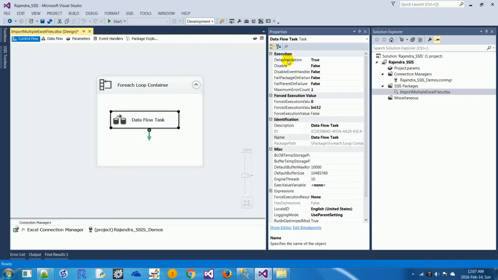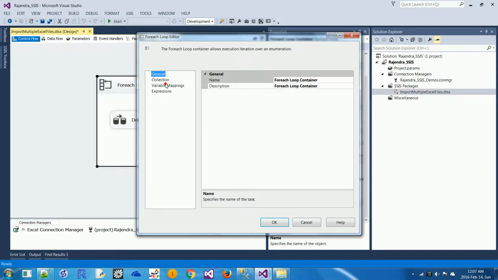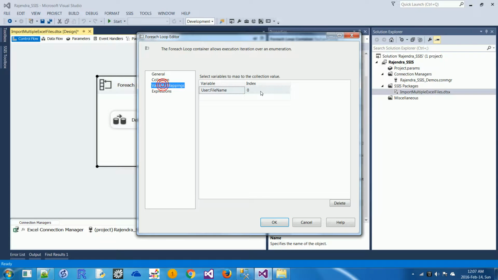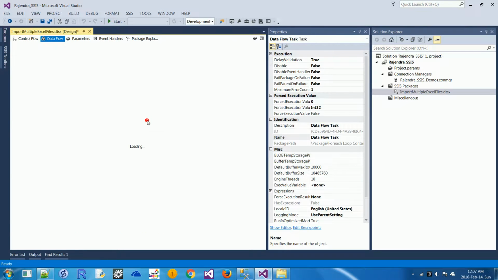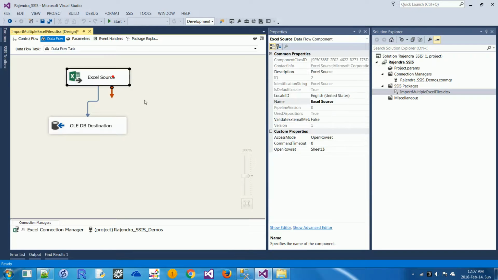So if you don't specify delay validation, for example, in the for each loop container, if you go to the mapping, we are assigning the fully qualified file name into the user file name. And if you go to the data flow task,